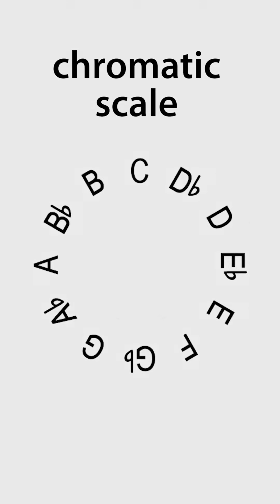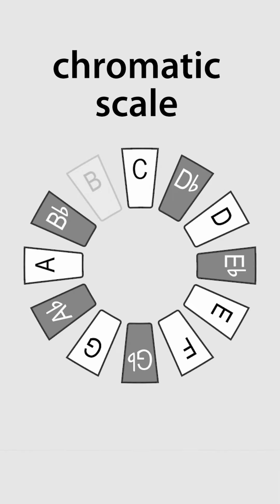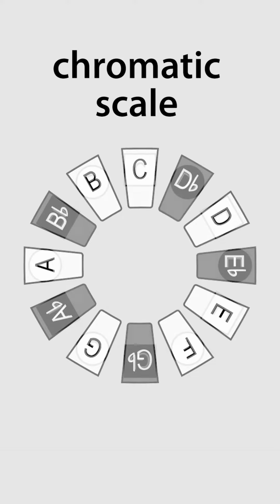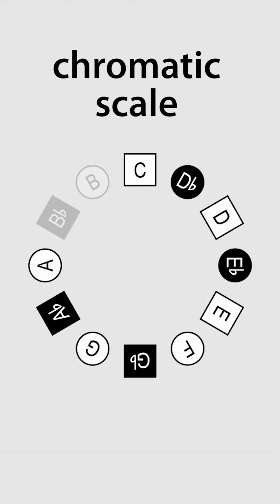So to make the image more concrete, we can represent each note using, say, the black and white pattern of a keyboard like this, which is a little better, but still sort of difficult to see the intervals and relationships between the notes. So to highlight the intervals, like whole steps and half steps, we can picture the notes using shapes like this, which makes the image a bit more clear, though it's still practically impossible to see the actual